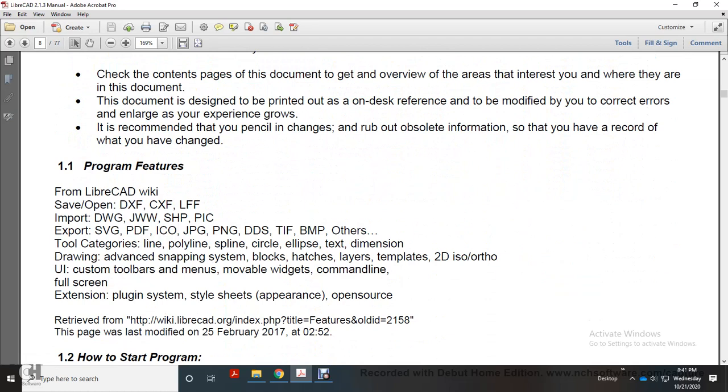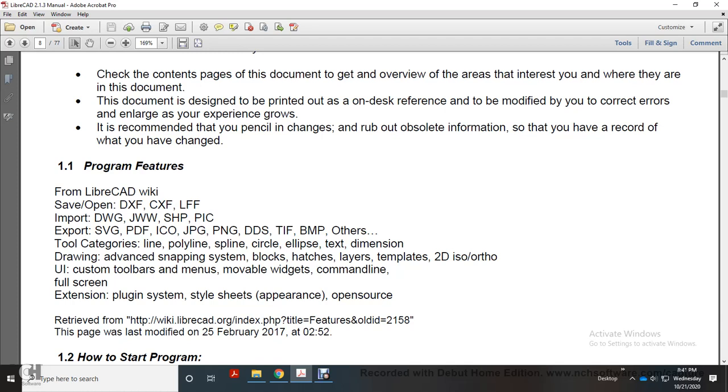Alright, your program features. LibreCAD save options: DXF, LFF, imported DWG, JW, SHP, exports SVG, PDF, ICO, JPEG, PNG, DDS, TIF, BMP, and others.